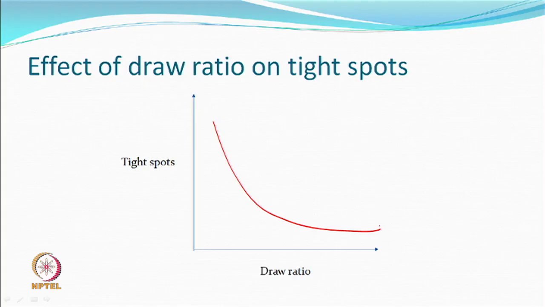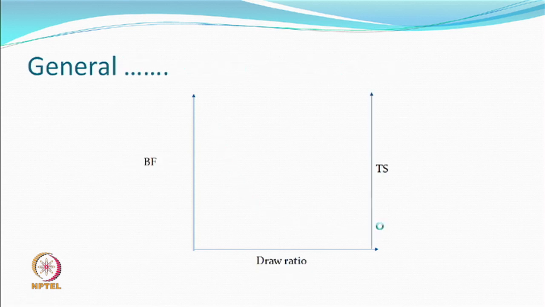So, the tight spots decrease, which is also a good thing for us, and in general, therefore, we again have a situation where the tight spots which are here, they decrease, the broken filaments